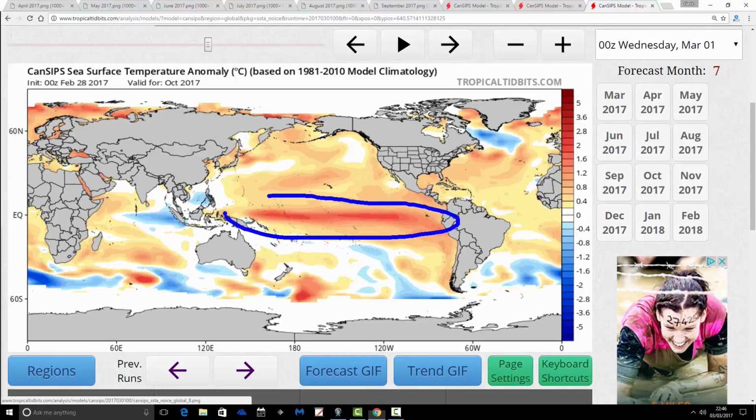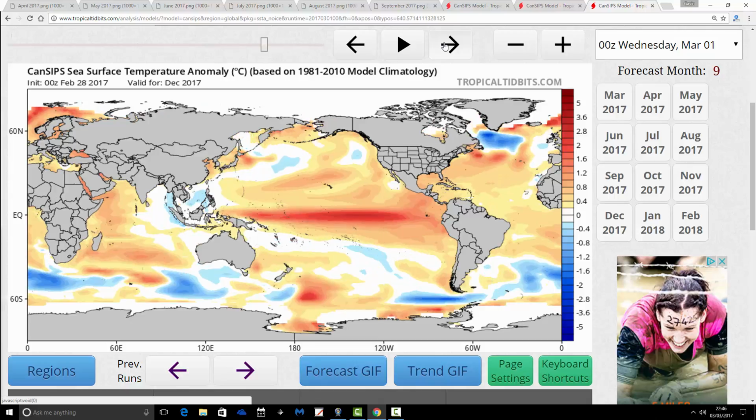Look at that. We've got red colours there from Indonesia here, right way over towards Peru. And if you look at the temperature scale, we're certainly reaching temperature anomalies of 2 degrees again. So the CANSIPS model is going for a strong El Nino event to be in place by the autumn. Now I'll just run you through to the end of the year. That just strengthens further. So by the end of the year, this is December, yes, we've got a really strong, this is getting towards Super Nino territory again. Actually, we're going up to there on the scale, which is around 2.5 degrees above average.